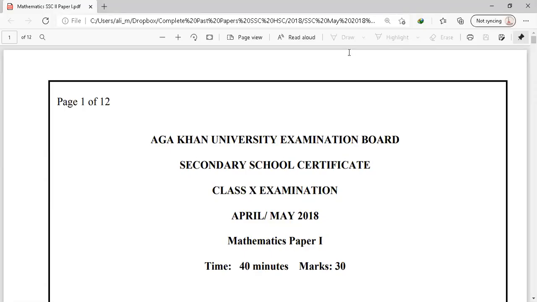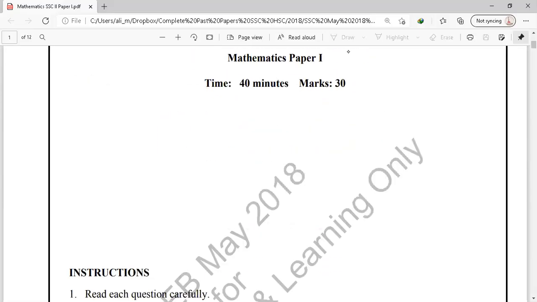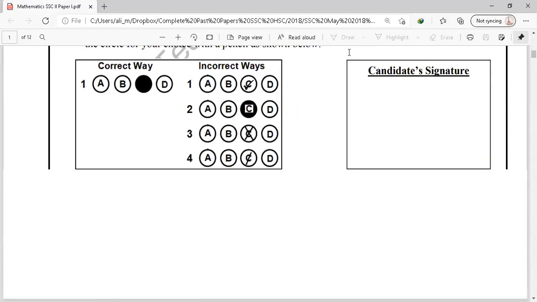आज इस वीडियो में हम AQEB क्लास 10th अप्रैल एग्जामिनेशन 2018 का मैथ्स पेपर 1 सॉल्व करेंगे। तो सबसे पहले चलते हैं क्वेश्चन नंबर 1 की तरफ।